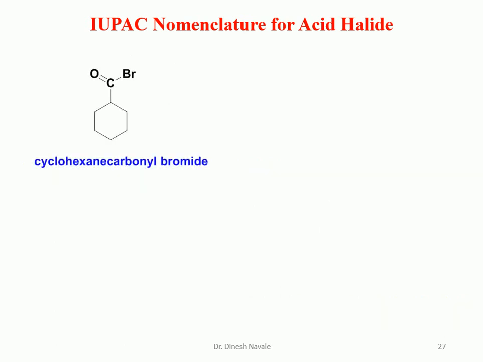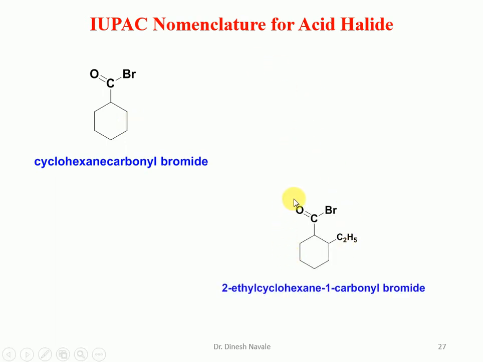Now in the case of bromine, this is a 6-member ring. So it is cyclohexane. So it is going to become cyclohexane carbonyl bromide. So carbonyl halide will be the suffix. So it is carbonyl bromide. Cyclohexane carbonyl bromide. Now this is again cyclohexane carbonyl bromide. So start the numbering from the carbon atom to which the acid halide is attached. So this is 1, then 2 clockwise. Ethyl is the substituent present at carbon number 2. So the IUPAC nomenclature is going to become 2-ethyl cyclohexane carbonyl bromide. So 1 will be the position of the carbonyl bromide group.